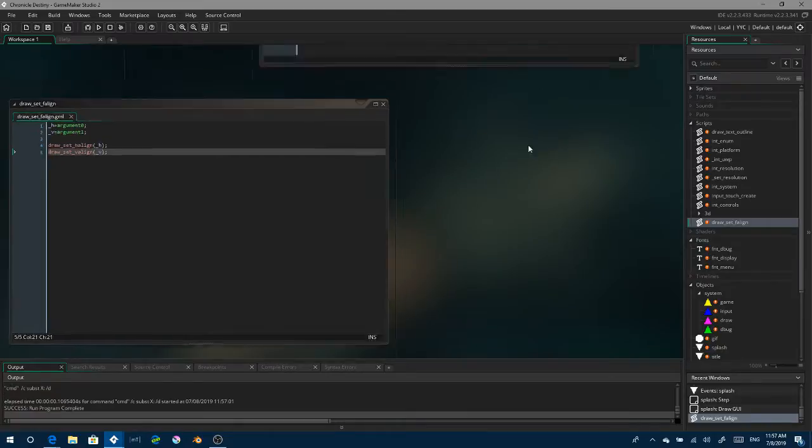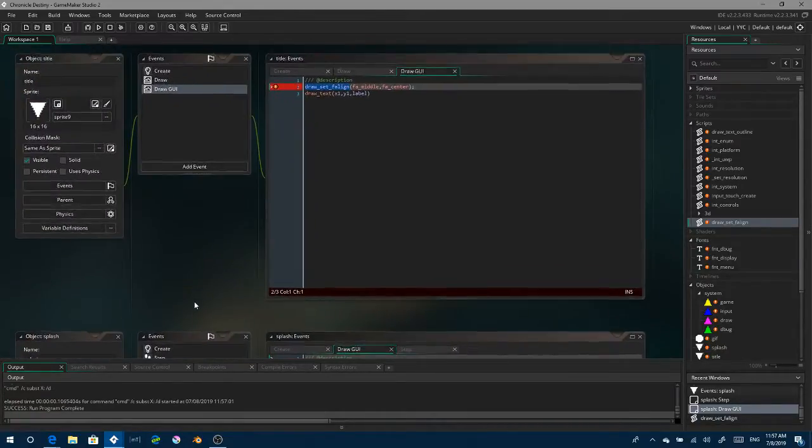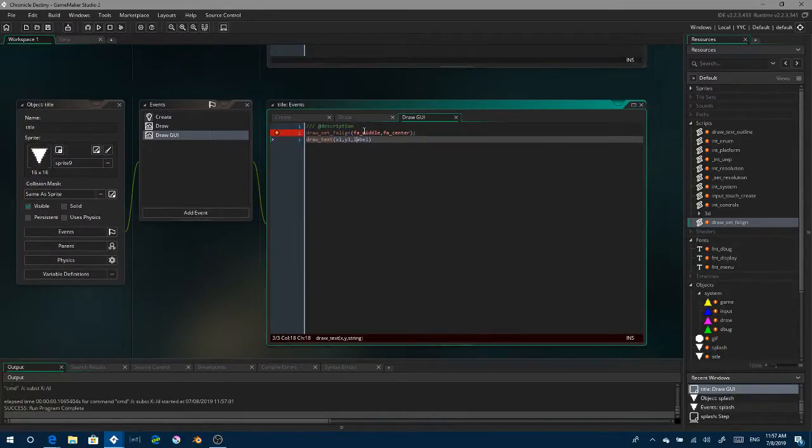It's still drawn at the same place. Now the thing about it is now I can specify